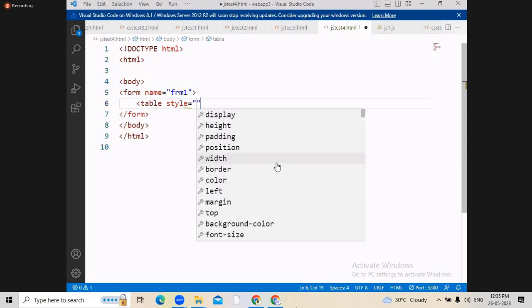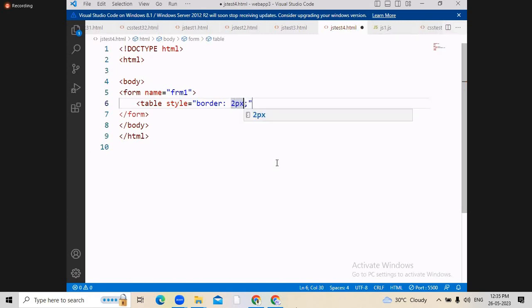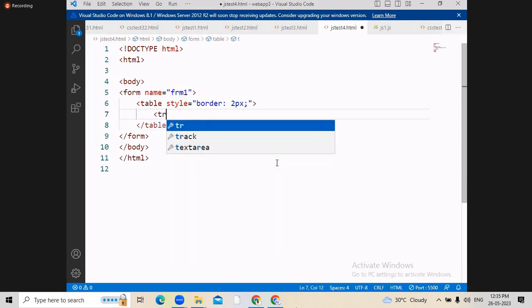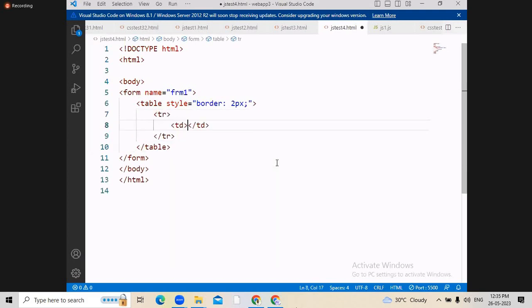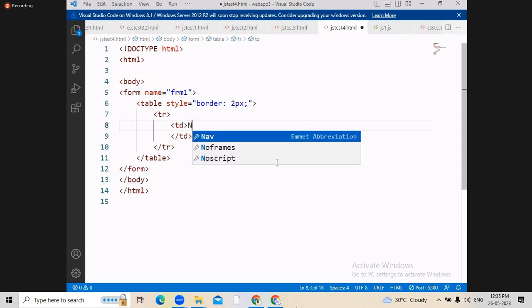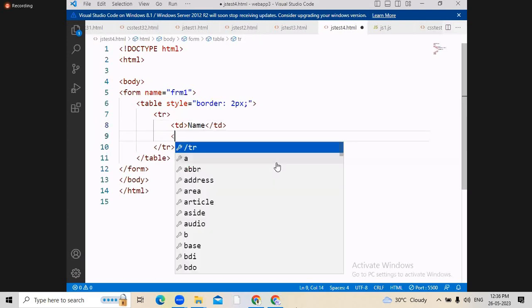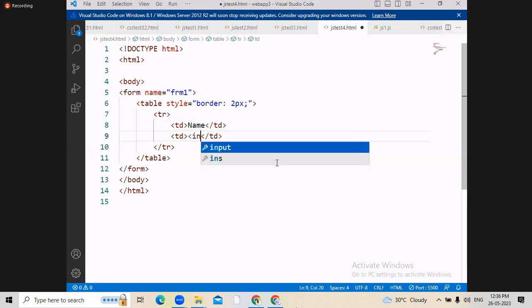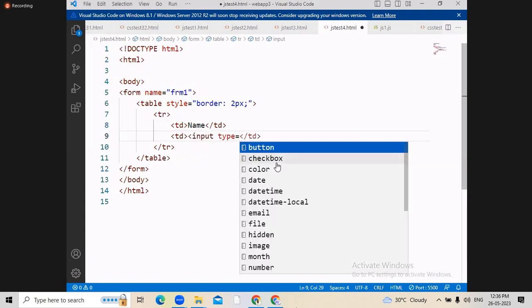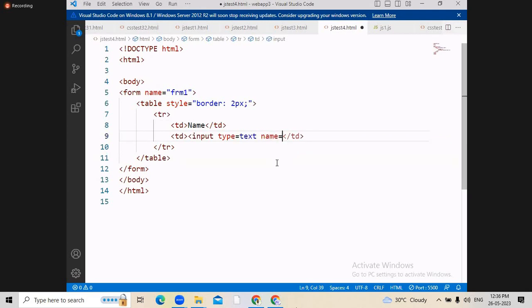I define the border for this, some 2 pixels, right? And then after that, I create one input field. So there is an input field, name. What you are trying to input here is the name. So this is the first column, and this is which one? Second column. So input type is text and name equal to T1,